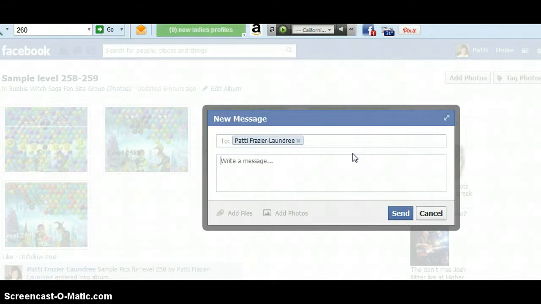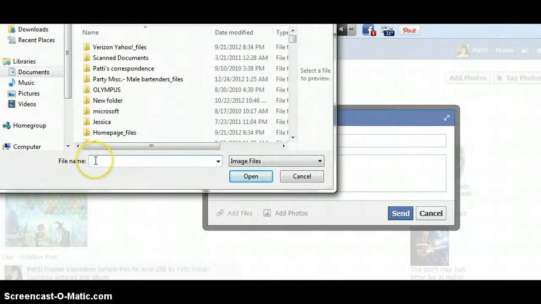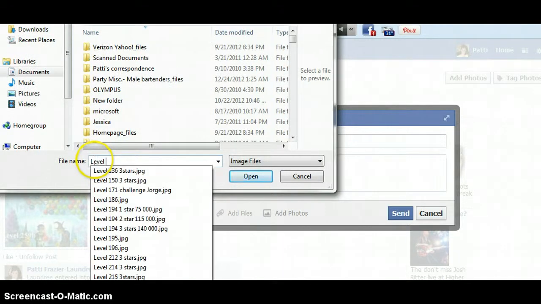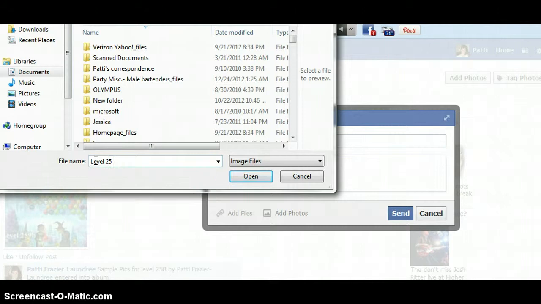And you just note in here that there are photos not uploading in group. And you can even put in here, after multiple attempts, whatever's appropriate, whatever the problem is that's happening to you. So what we do is we can add photos, and now we can add more than one photo into a message. We'll put here that it's 259. For our first picture, we will, just for learning purposes,